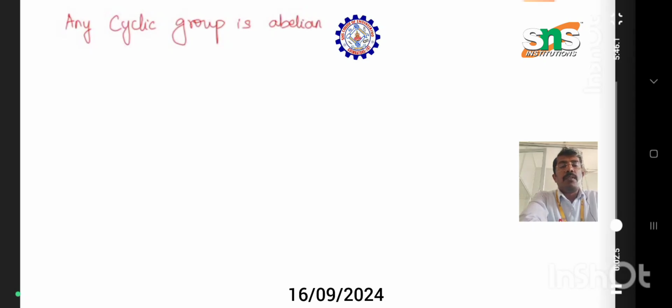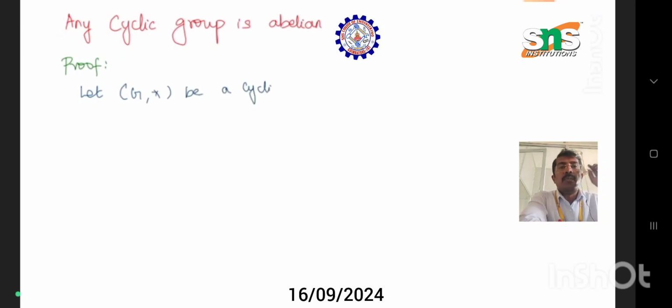So in this session we are going to talk about cyclic group. Already we have discussed the definition of cyclic group. In a cyclic group we can generate the elements by taking the elements from its own group. That is what we have seen already. Today, in this session we are going to talk about a concept: any cyclic group